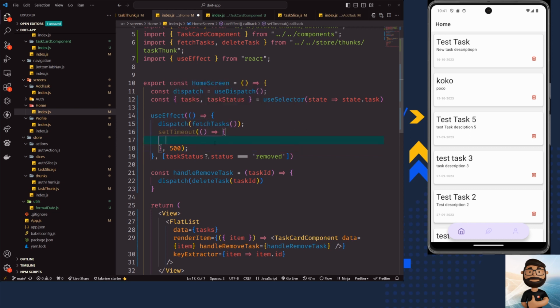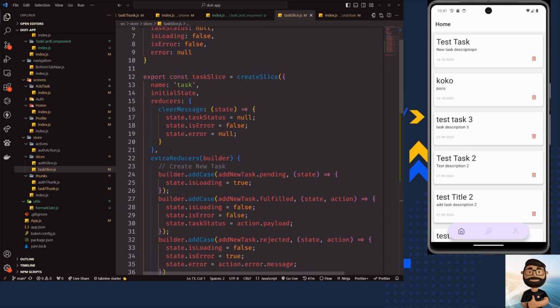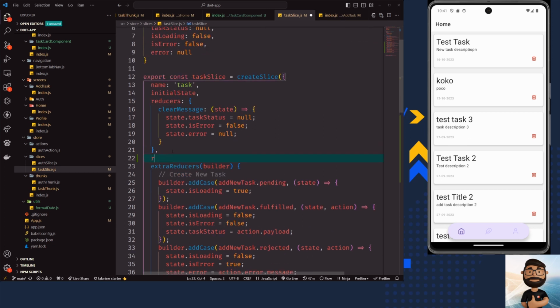Okay. Now we need to clear that particular task status. We want to clear that. Okay. And as this is a local updation of the state, we need to create an action inside the reducer,